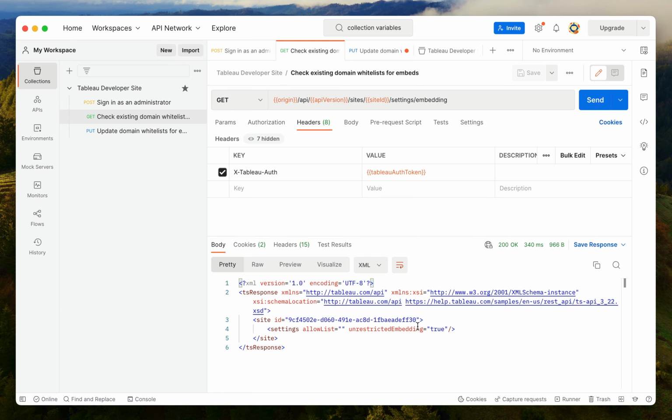So you can see for the site, that ID ending in FF30, you can see our allow list is not set, but its settings unrestricted embedding is set to true. So this basically means that Tableau dashboards can be embedded in anything. So the next step, if this was set to false, would be to